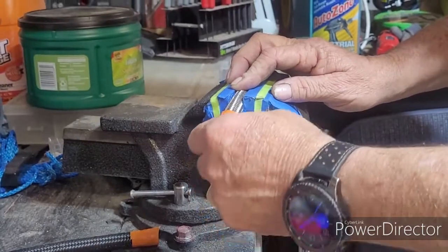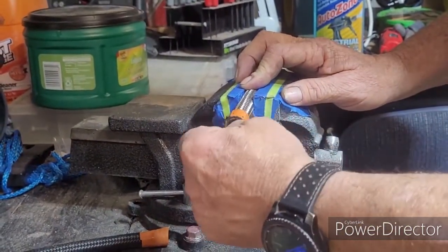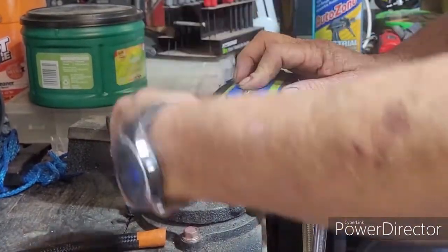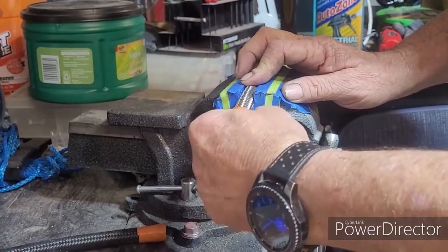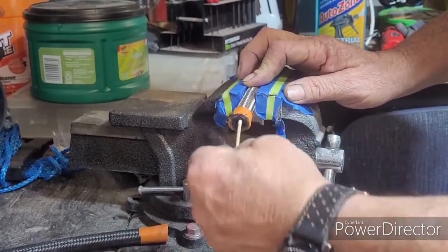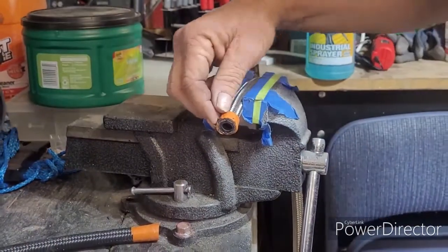A lot of people forget to do this, and now you've got all that crud going into whatever system you're going to use this on. Good cleaning. I go up as far as I can just to get any kind of loose particles out. All right. Now,